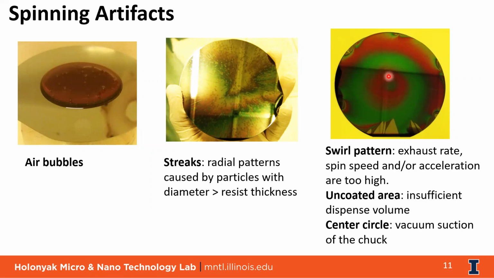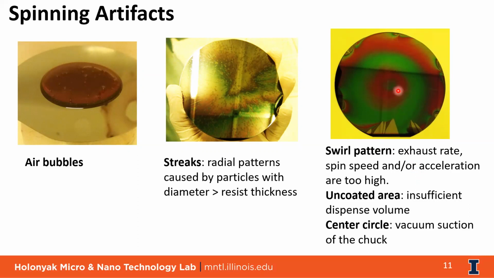And the third one is if you have a very high exhaust and very high RPM or acceleration at the first step, you will get this kind of swirl pattern. What will happen is, due to the sudden change in momentum, whatever photoresist you poured in the middle will flash across the wafer, which will make this pattern. Due to this high acceleration and speed, it will leave some uncoated region,